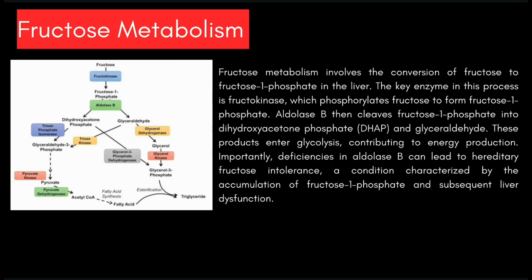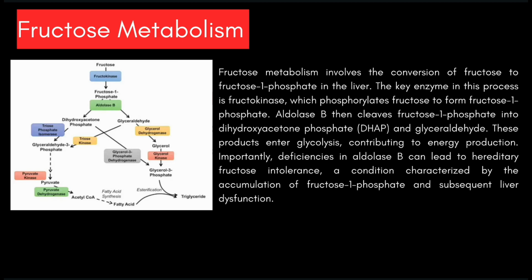Fructose metabolism involves the conversion of fructose to fructose 1-phosphate in the liver. The key enzyme in this process is fructokinase, which phosphorylates fructose to form fructose 1-phosphate. Aldolase B then cleaves fructose 1-phosphate into dihydroxyacetone phosphate, DHAP, and glyceraldehyde. These products enter glycolysis, contributing to energy production. Importantly, deficiencies in aldolase B can lead to hereditary fructose intolerance, a condition characterized by the accumulation of fructose 1-phosphate